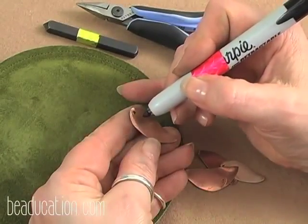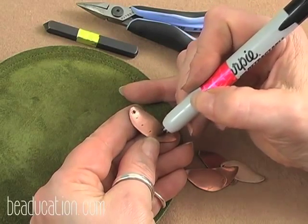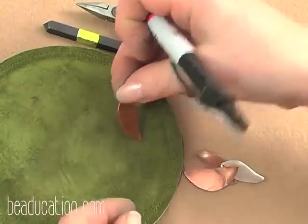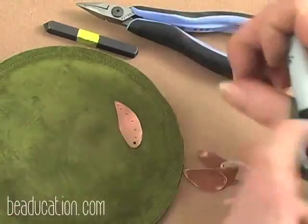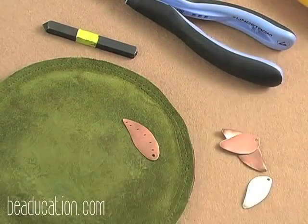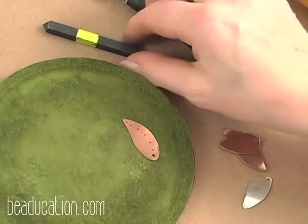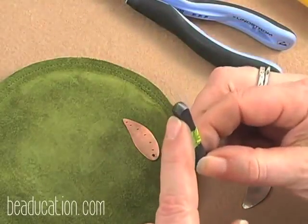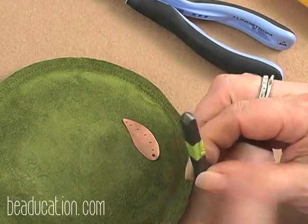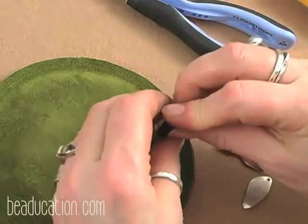I'm going to start here by creating the vein using a Sharpie just to give me a place to follow. Give me a little target there. And then I'm going to lay it on the pounding pad. I place the leaf on the pounding pad because it is soft and will allow the leaf to form as I pound it. I'm going to use the period stamp that I borrowed from an alphabet stamp set and place it right here where the Sharpie mark is,